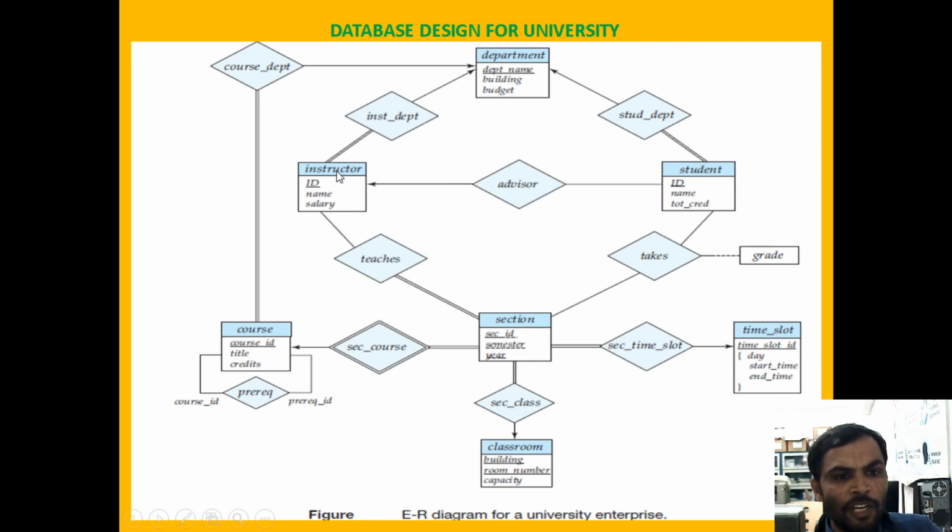Here we have many to one. Under the department, many faculties will be available, not only one faculty, while only one department will be there. That is the purpose. Between the two tables, we are giving the relationship one to many.